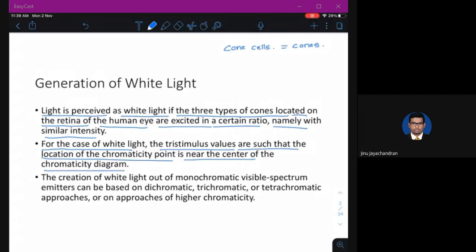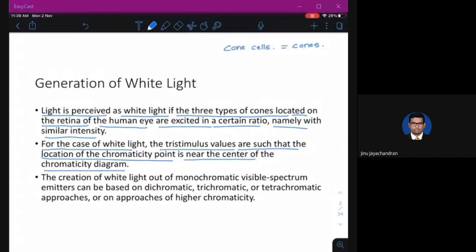We'll see in the next slide what a chromaticity diagram and chromaticity point are. Basically, when your cone cells get stimulated, the chromaticity point of that stimulation should be at the center of the chromaticity diagram.